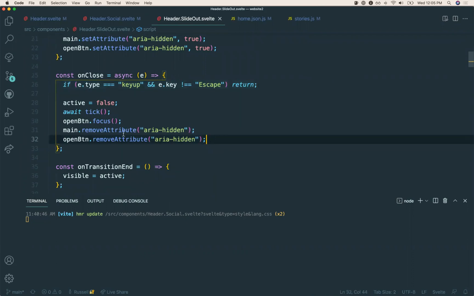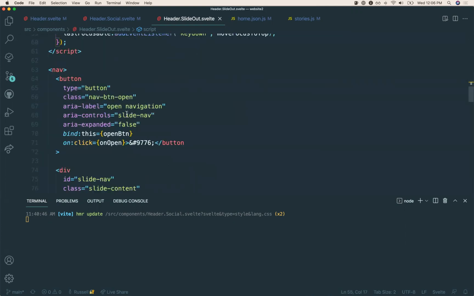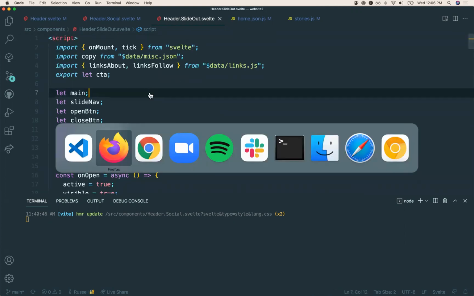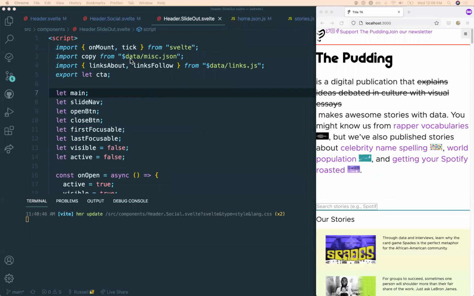Also just adding and removing aria hidden, that was in there. And then, oh yeah, I was wrong. You can do multiple selectors. So boom, first and last focusable. And that's it. Now it seems to be fully working. So that's all set. Very exciting. So we can move on